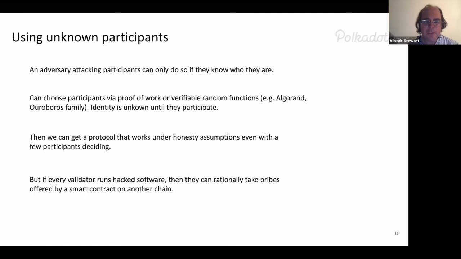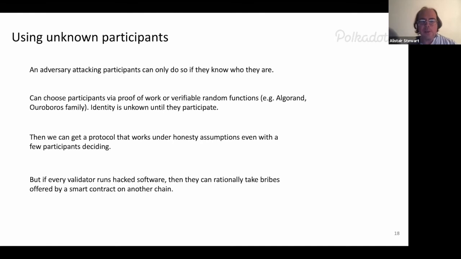So we have random people checking who aren't known by the first set of random people who we assigned to the shards, then we can get what we wanted, which is a protocol that works under honesty assumptions, even when a few participants defect. But even if we do something like this, there are still attacks that we're vulnerable to. In particular, this is the difficulty with honesty and rationality assumptions. To assume 2/3 of people are honest, this definitely works.